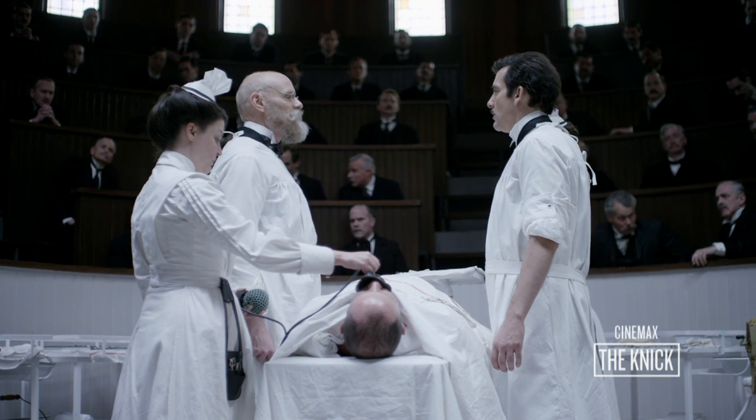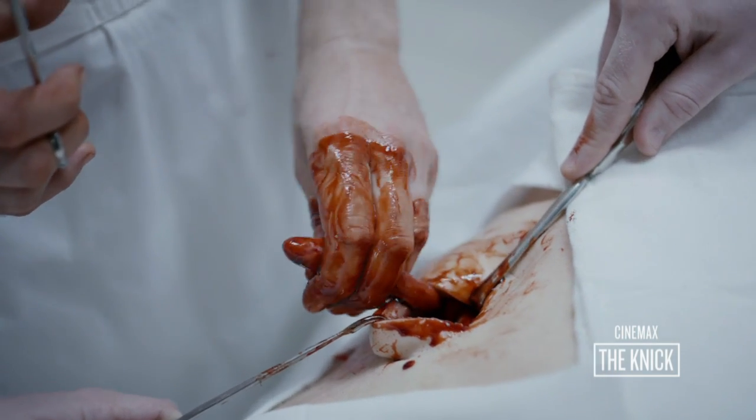pioneering techniques. By drawing a line and dividing the midway point between the anterior superior iliac spine and the umbilicus parallel to the fibers of the external oblique, no matter what the size or sex of the patient, you will